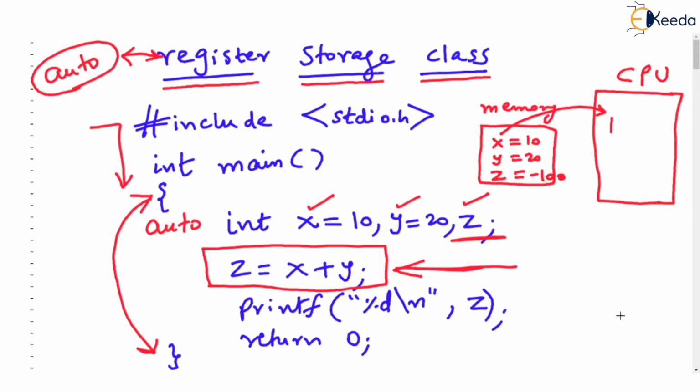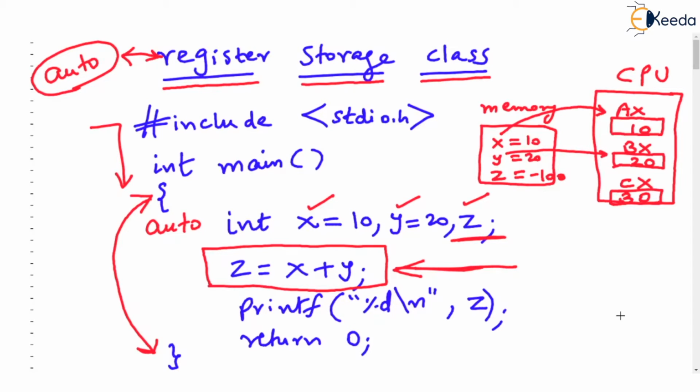In CPU, there is some register. There is a storage location called register, maybe named as AX. Some name is given to the register by the designers of CPU. And value of x is first taken into that register. Then value of y is also taken into the second register. So value of y may be going in BX, some name given to the register. And then these two registers are added. You please try to understand, processing can be done only by central processing unit, not by memory. And then maybe there is one more register CX which stores the result 30.